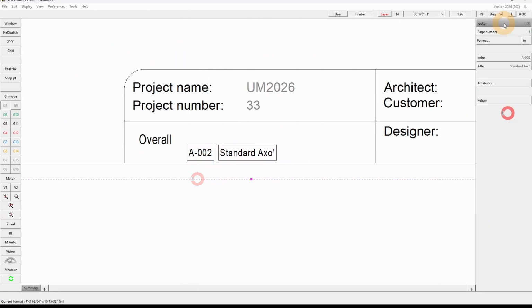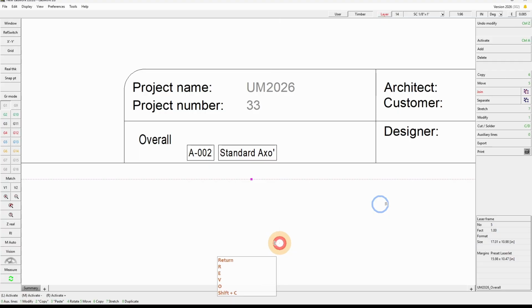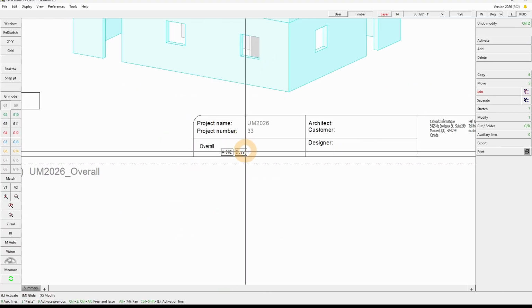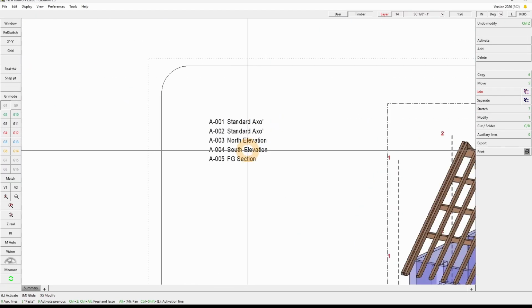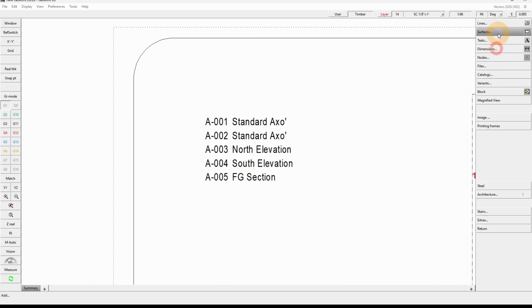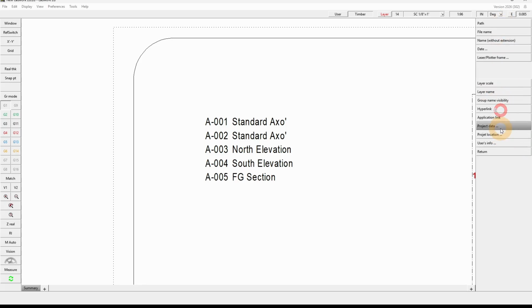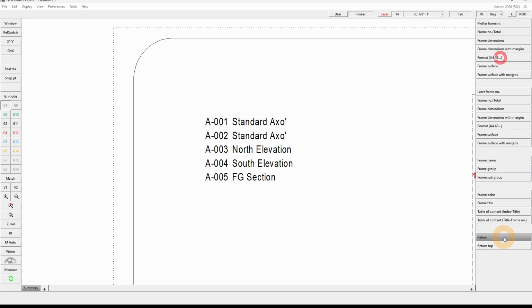So if I come here to change my title, it will change automatically the content of that text. That's the main purpose of these special texts. So to come back to the summary, you will simply need to go to add, text, special text, plotter frame, and here you have two choices. You have table of content, index and title, the one I added here. And if you don't want to work with index, you can simply combine title and frame numbers,